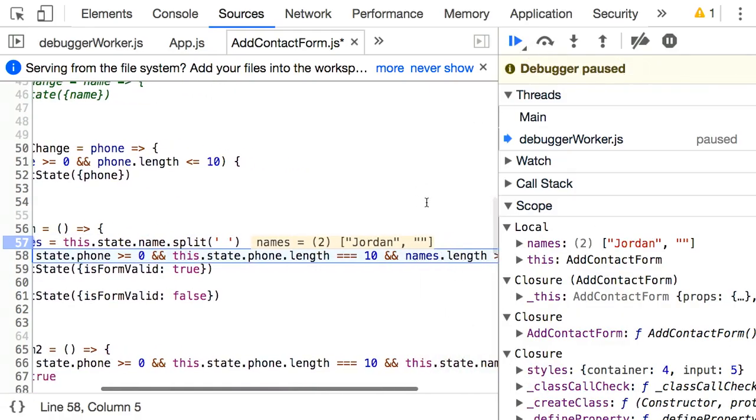And now we see names is of length 2. And what is that array? Well, the first name is Jordan, and that second string does not exist. And so names.split is doing what we're telling it to. We're saying split at every space. And right now,